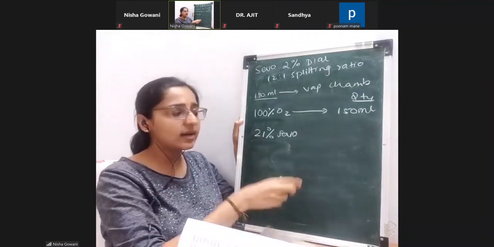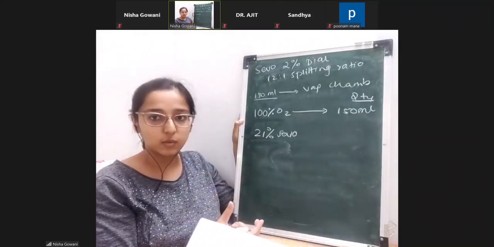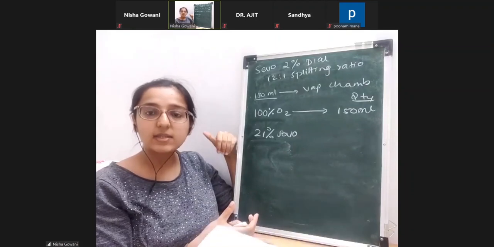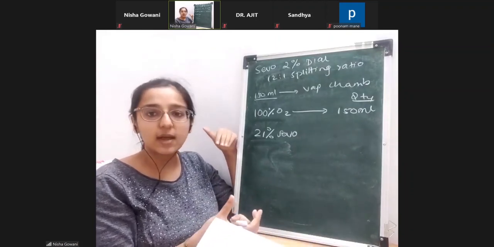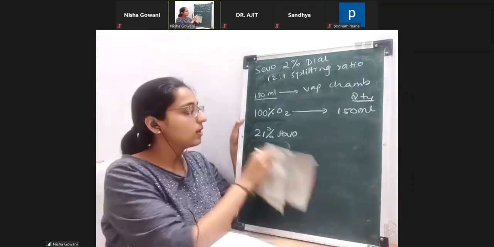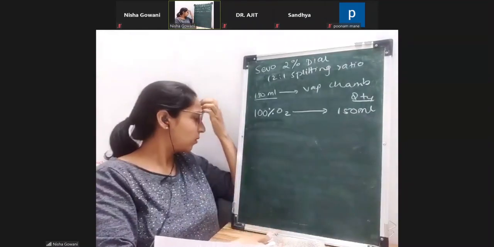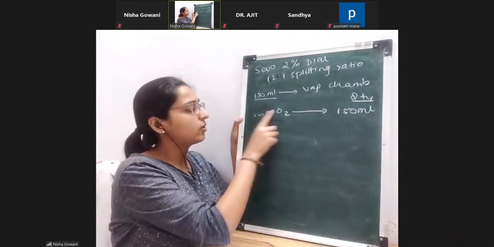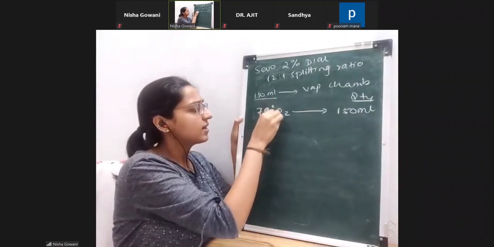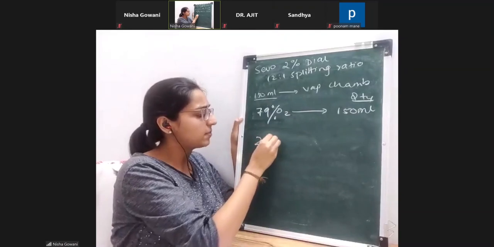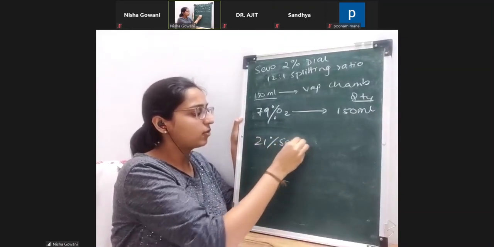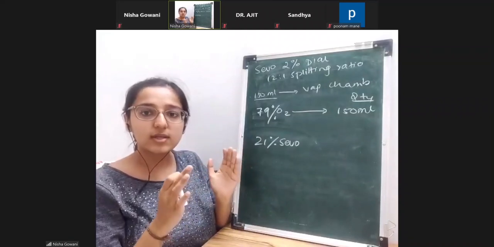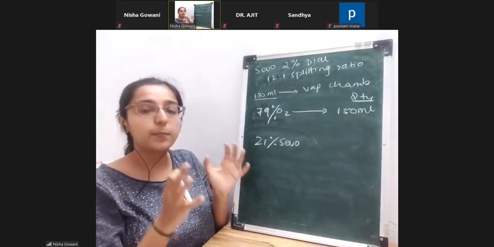So within that chamber, there was 21% of sevoflurane, and the incoming gas was 100% oxygen. Now what happened? This oxygen got diluted, right? Because now it has mixed with sevoflurane. So how much is the oxygen now? All right. So the oxygen got diluted to 79%. Obviously, because right now 21% is going to be sevoflurane, right? In that whole 100% mixture. That mixture is now a diluted mixture, not a concentrated pure mixture.